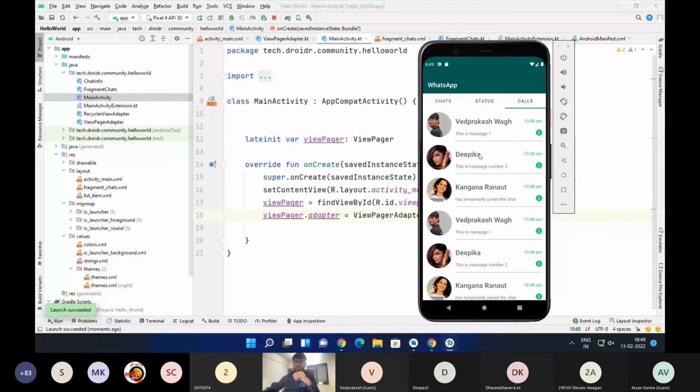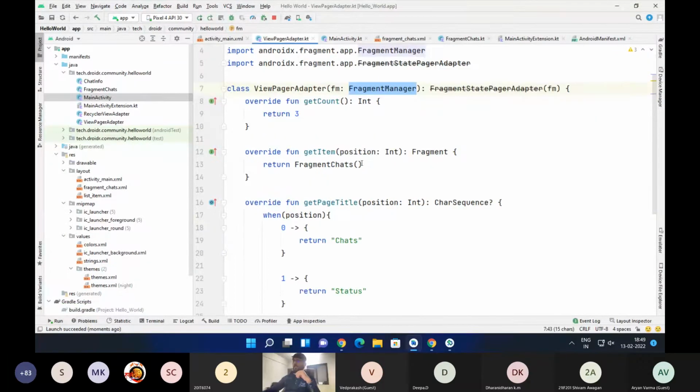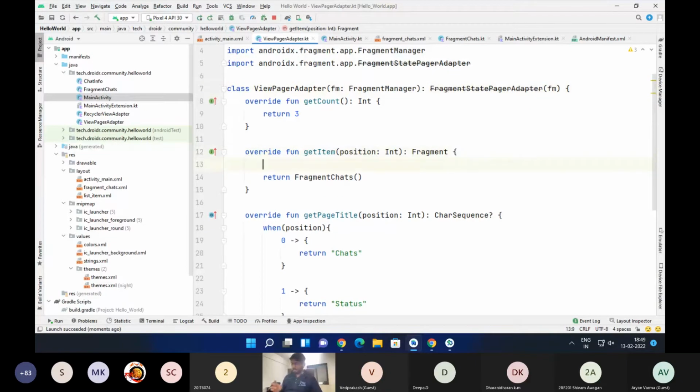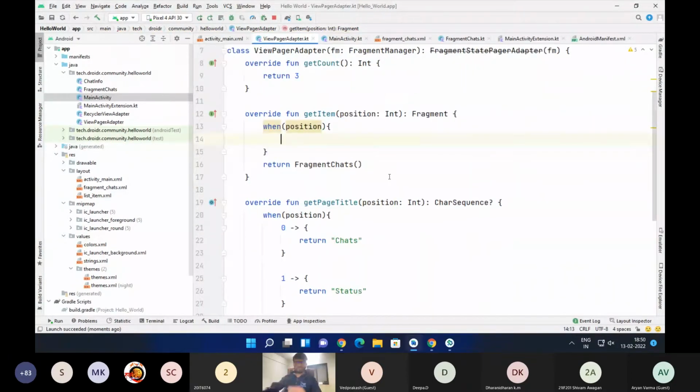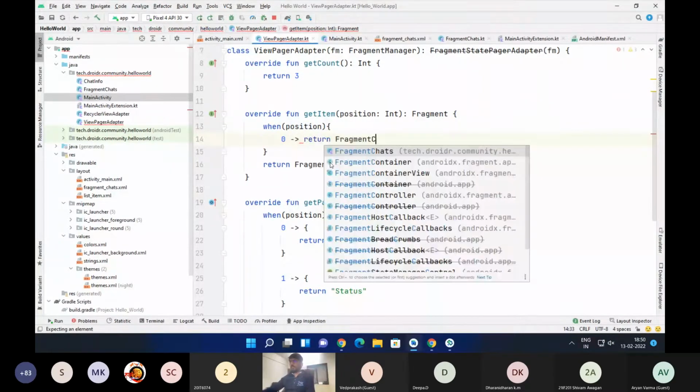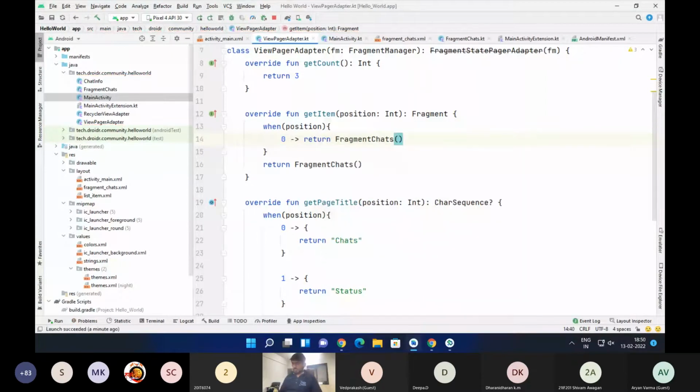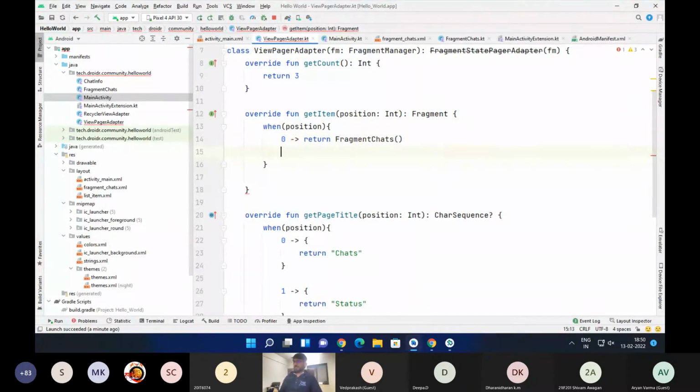Now let's go ahead and customize this. For now, I'll use the when again. When position, when it's not a loop, it is a statement. When position is 0, right? Because chats is the zeroth fragment, return fragment chats. In Kotlin, you don't need to write break as you write in Java. When the position is 1, return